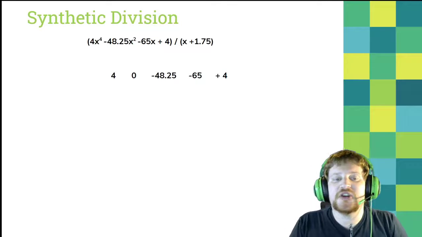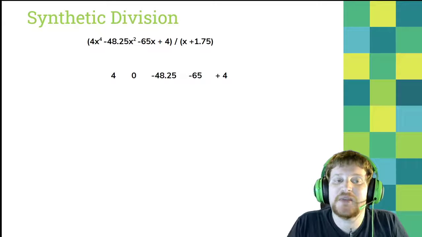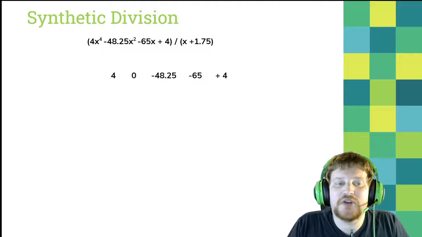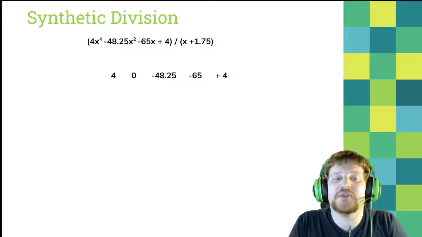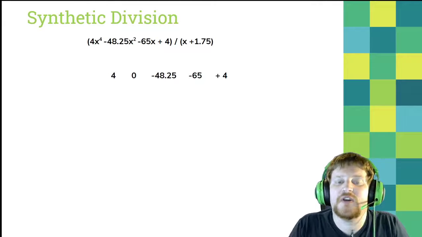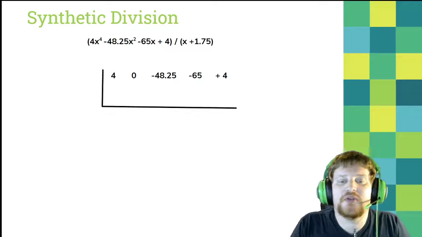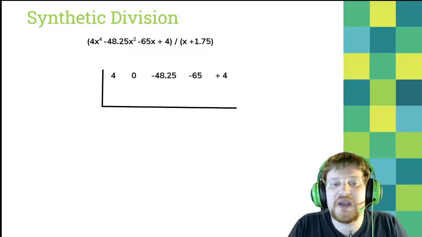Then you'll notice that just like before, I'm missing one of my terms. In this case, I'm missing x cubed, so I put in that 0 spacer. And then I've got negative 48.25 because that's the coefficient of x squared. And then negative 65 is the coefficient of x. And finally, I've got that plus 4 tacked on to the end. So these are my coefficients. I'm going to put those in a little box. And notice that I've left space for a line